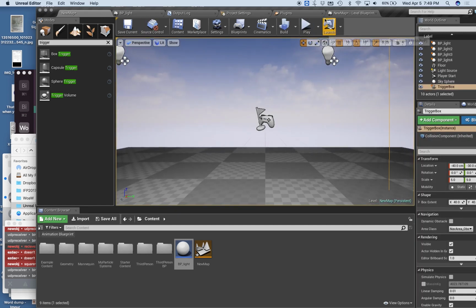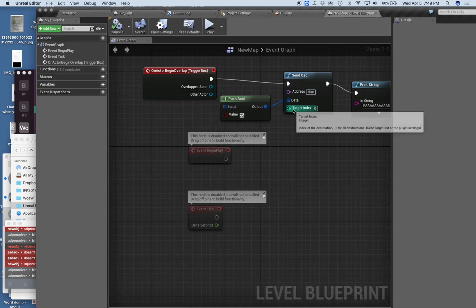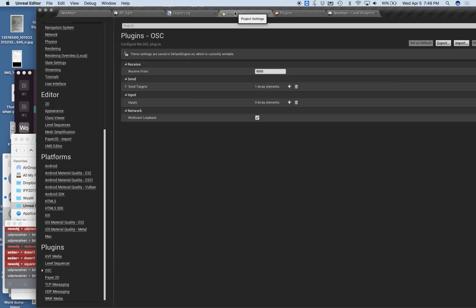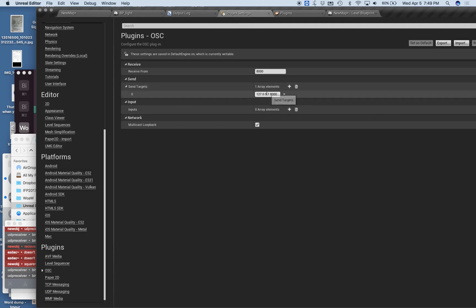You saw one other thing on here that says target index. This is like, I can send this out to all the different computers too. I can have my Unreal going to all your computers, and I'm doing target index 0. Let's look at the project settings again, and we see that, oh yeah, we can have infinite amount of different send targets, and mine is going to be